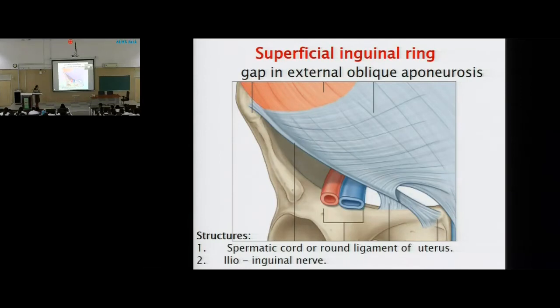Clear? These structures, because they are developing कहाँ? Posterior abdominal wall में. Posterior abdominal wall में these structures are developing and now they are going to descend down. When they are descending down, they carry something else also along with them. We are going to discuss that. Processus vaginalis. अभी के लिए हम बोलेंगे spermatic cord and round ligament of uterus, they have to come out. They are going to come out through superficial inguinal ring. कहाँ पे located है superficial inguinal ring? Above and medial to the pubic tubercle.